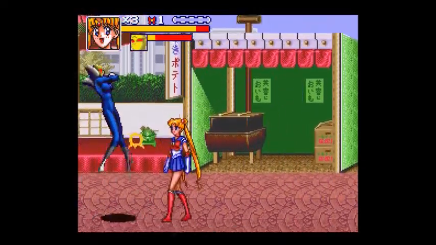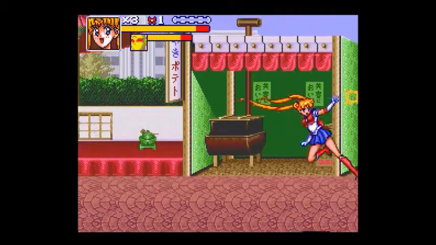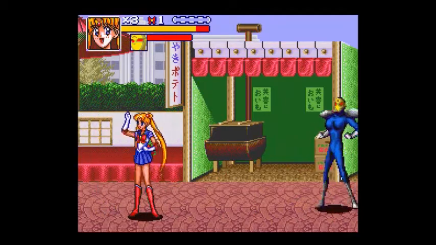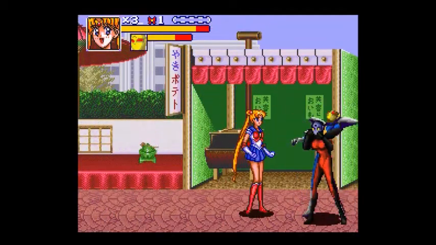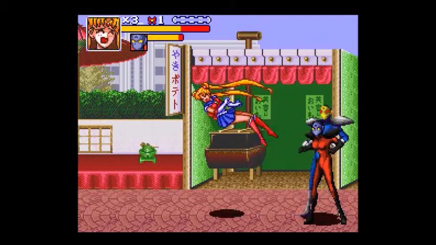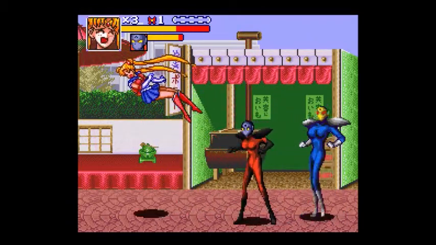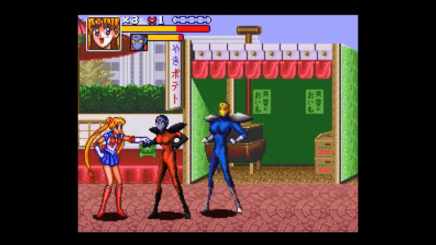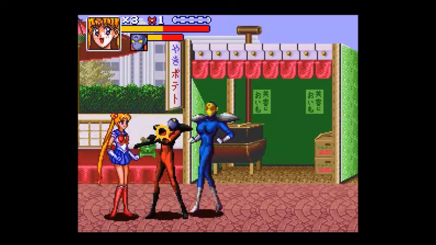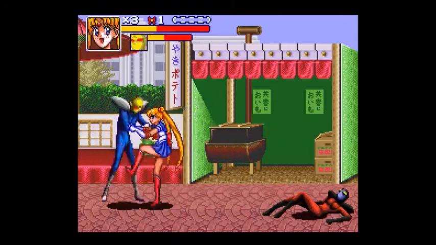And kind of like the Genesis version, you don't really have a long reach. As you can see, I'm kind of having a little bit of trouble hitting those guys. I'm hitting them, but then they're still kind of far away, so you got to get really in close combat in order to take out your enemies. And like the other games, you have the choice of using all of the Sailor characters, and you also have a really cool magical effect that you can use once per